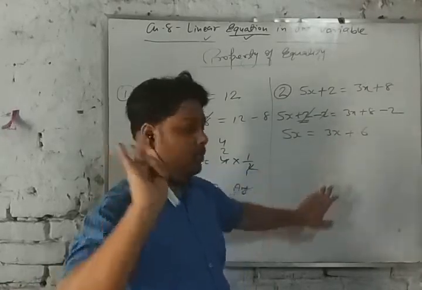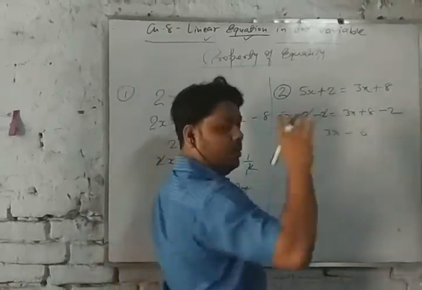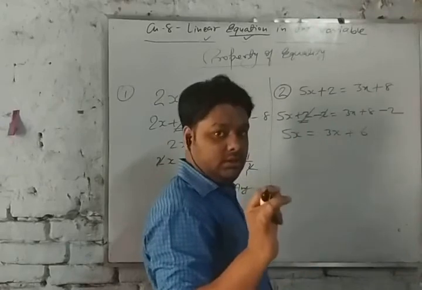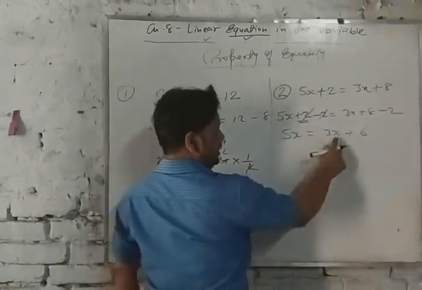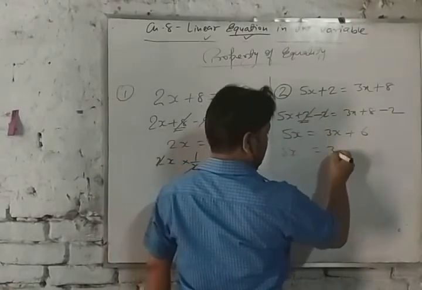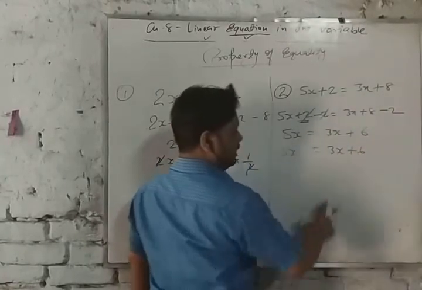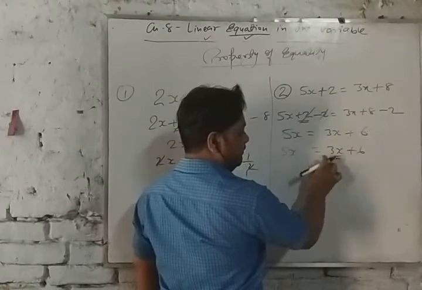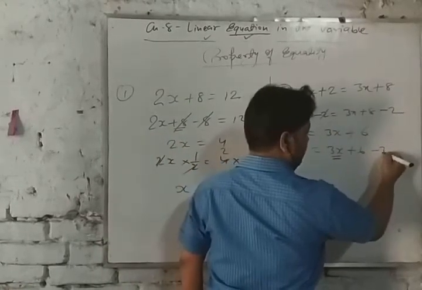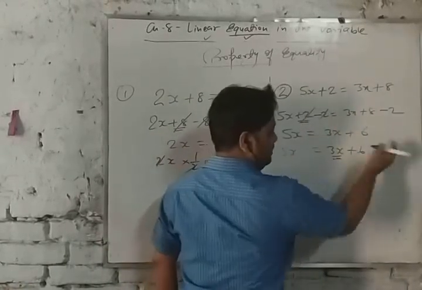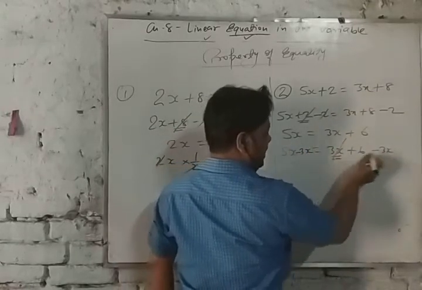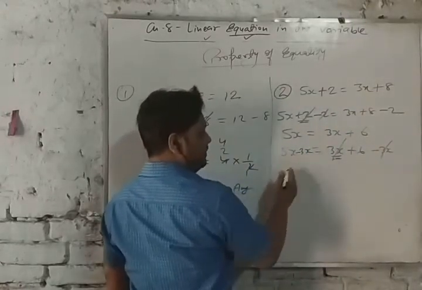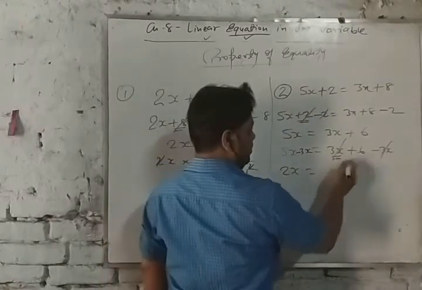Always keep in your mind. Okay. And according to RHS, in the third step it is written that according to RHS we will solve. Now in RHS, 3x plus 6. Now what is the additive inverse of 3x? Minus 3x. Plus 3x, so it is minus 3x, and same as here we will write minus 3x. Now 3x cancelled out. Now 5x minus 3x, 2x is equal to 6.